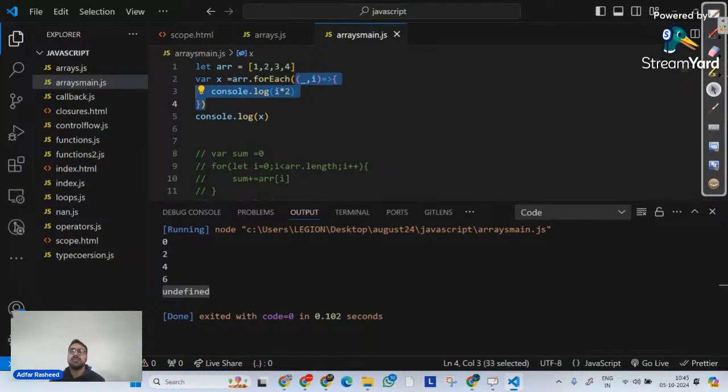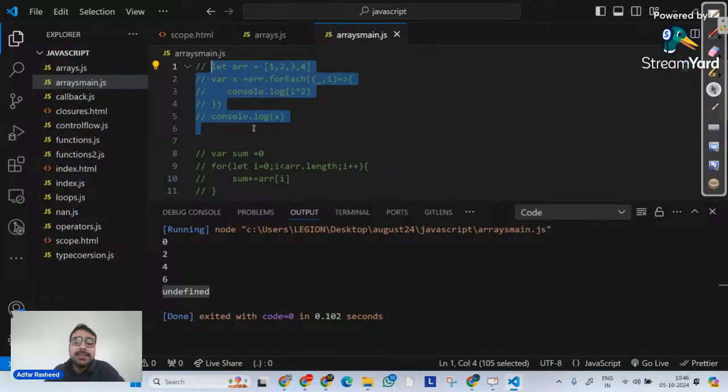Now, similar to the forEach loop, we have one another looping method. As I said, the whole discussion that we are going to do now will depend on looping methods. There are a lot of looping methods which we have to understand. What is the other method? Similar to forEach too, but there's only one change: whatever forEach is going to do, the same thing will be done by that method as well. But it is going to return a new array of the modified elements, which means we have to return something.